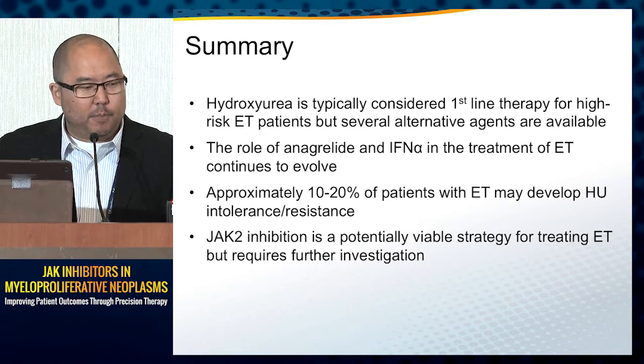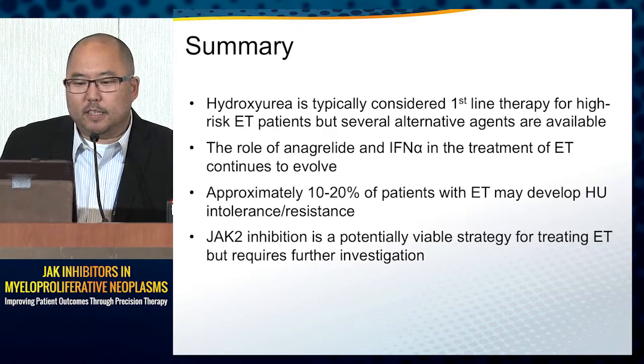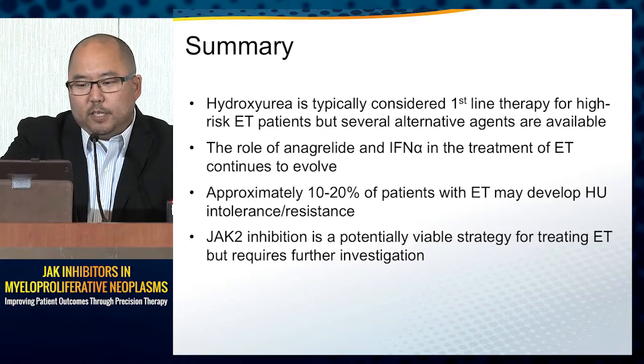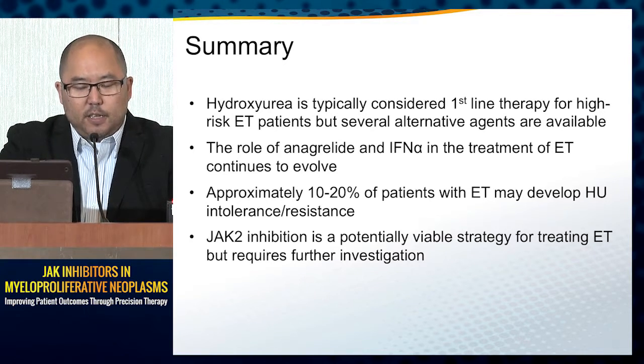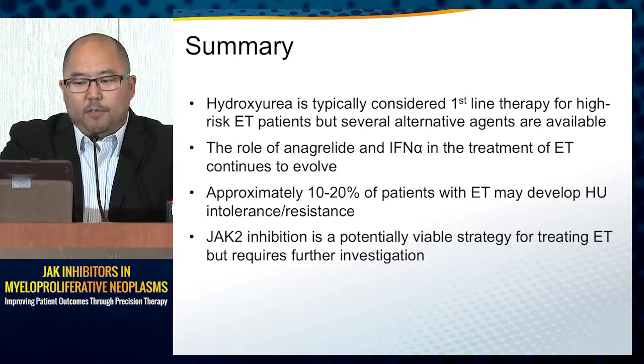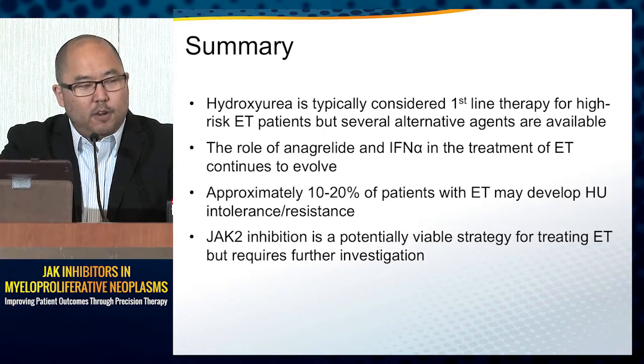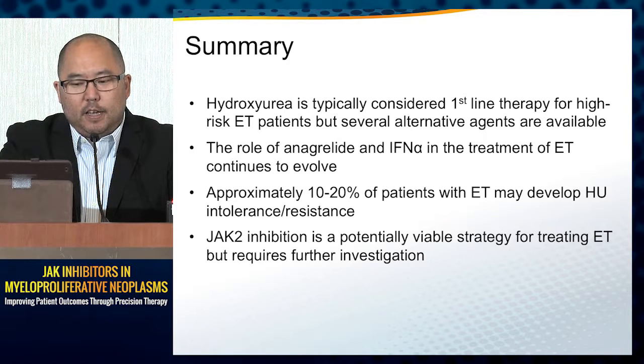So to wrap up, just to summarize, as I've covered, hydroxyurea generally is considered the first-line therapy for high-risk ET, but there are several alternatives. The role of anagrelide and interferon continues to evolve. There are certainly a subset of patients with ET who have true hydroxyurea intolerance or resistance. And JAK2 inhibition is definitely a viable strategy to consider, but we would certainly like to have more data on